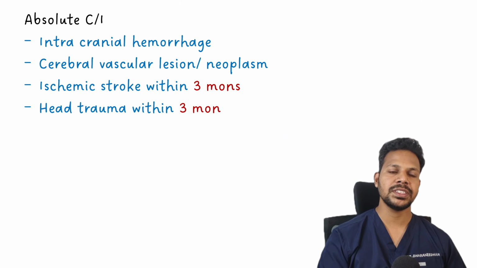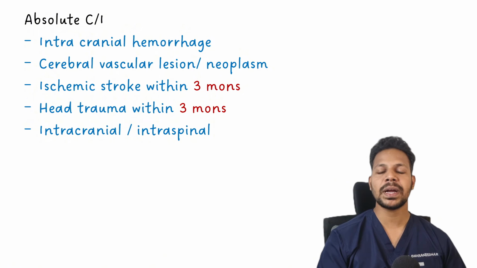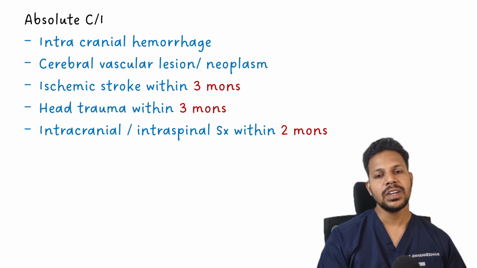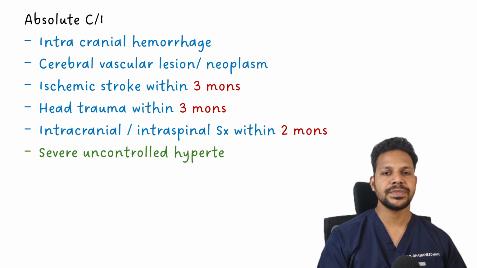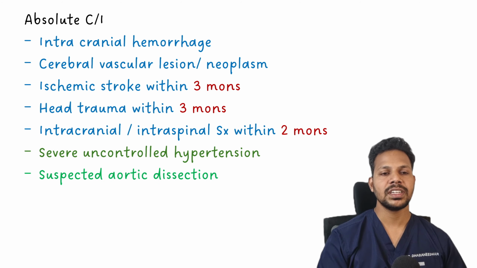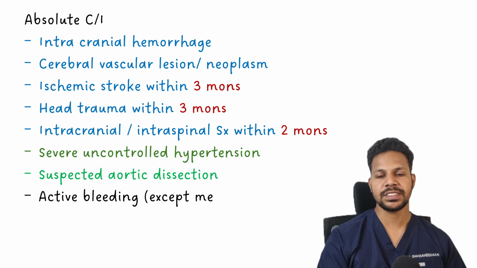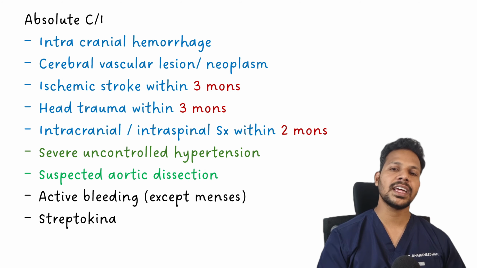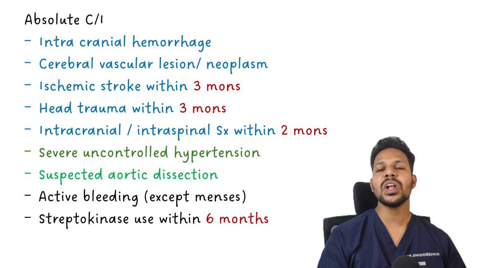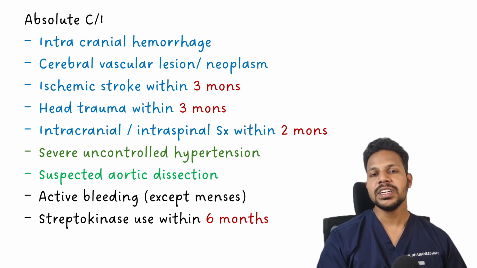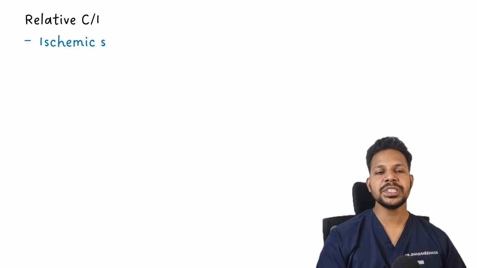Head trauma within 3 months. Intracranial or intraspinal surgery within the last 2 months. Severe uncontrolled hypertension. Suspected aortic dissection. Active bleeding but not menses. And usage of streptokinase in the last 6 months. So these are all the absolute contraindications for usage of streptokinase or thrombolysis. The relative contraindications are ischemic stroke